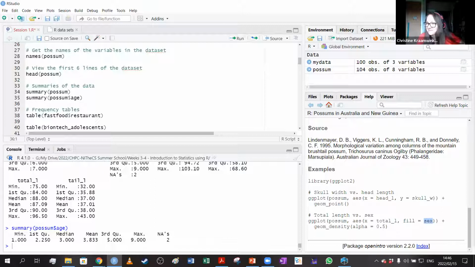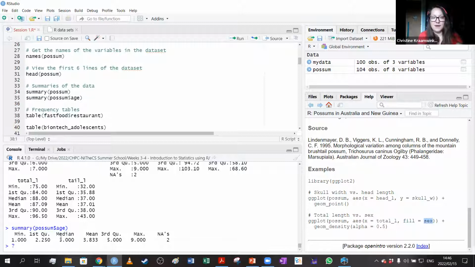Cool. Awesome. Okay, so then we can also do frequency tables. I've done a few examples already here for you. A frequency table uses the table function. Like I said, you can guess half of the code in R. So there's a data set.